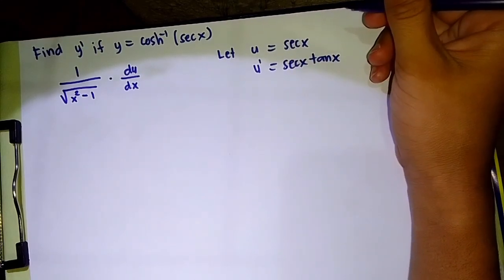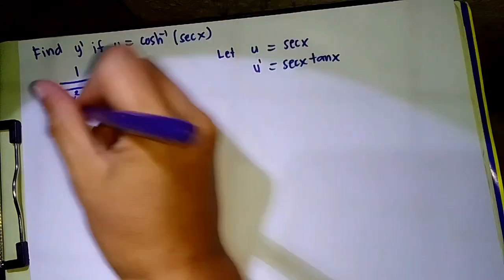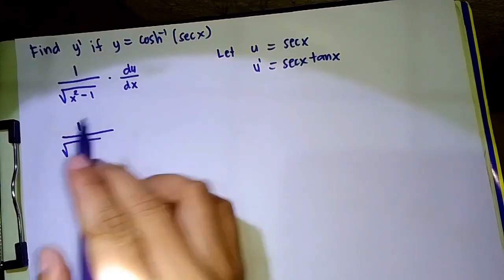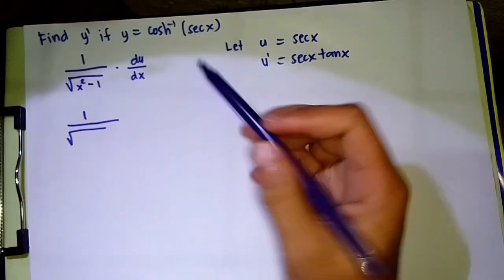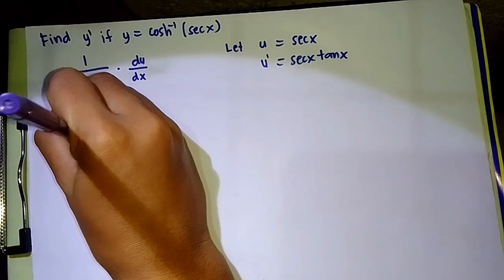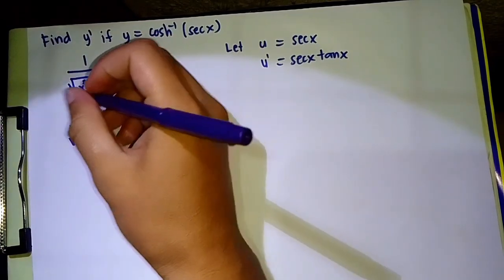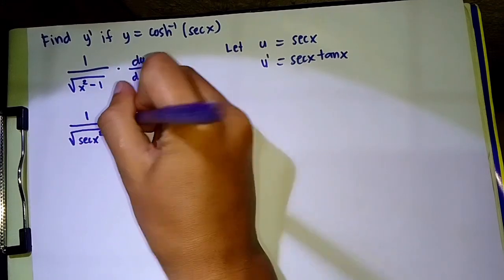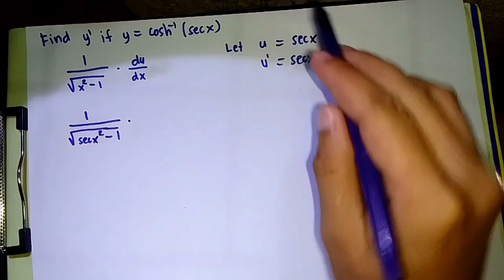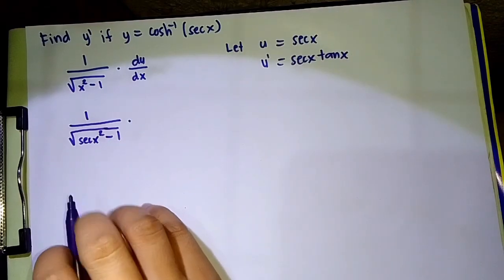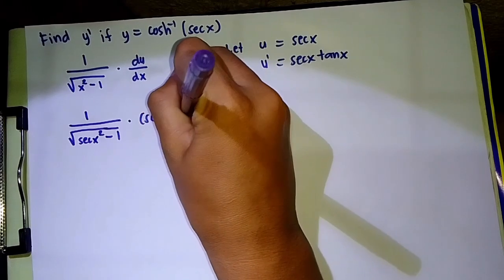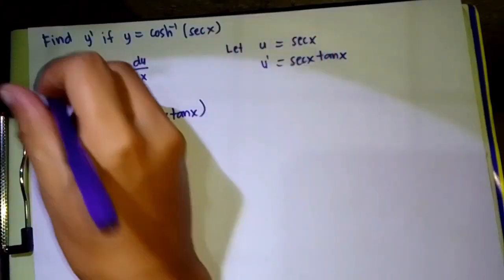So what we are going to do is substitute this to our formula, and it becomes 1 over the square root of secant x squared minus 1 times the derivative, which is the secant x tangent x,